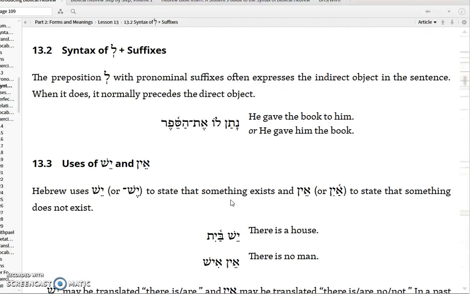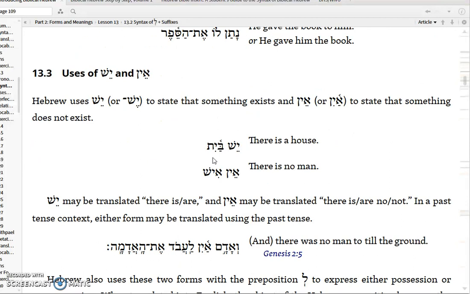So that's an introduction to pronominal suffixes. We're going to say a lot more about them as time goes along, but that's at least a beginning. Now we move on to particles of existence and non-existence, yesh and ein. Yesh indicates that something exists, either yesh or sometimes yesh with a makef. Ein indicates that something does not exist, and the absolute form would be ayin,